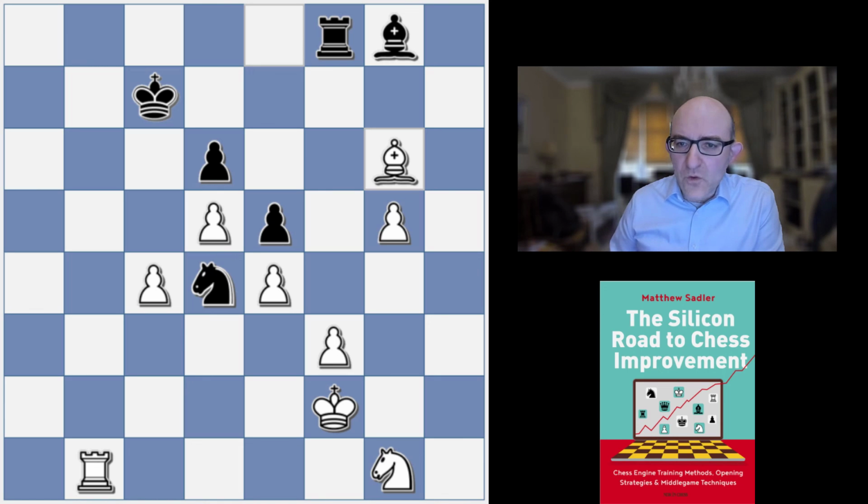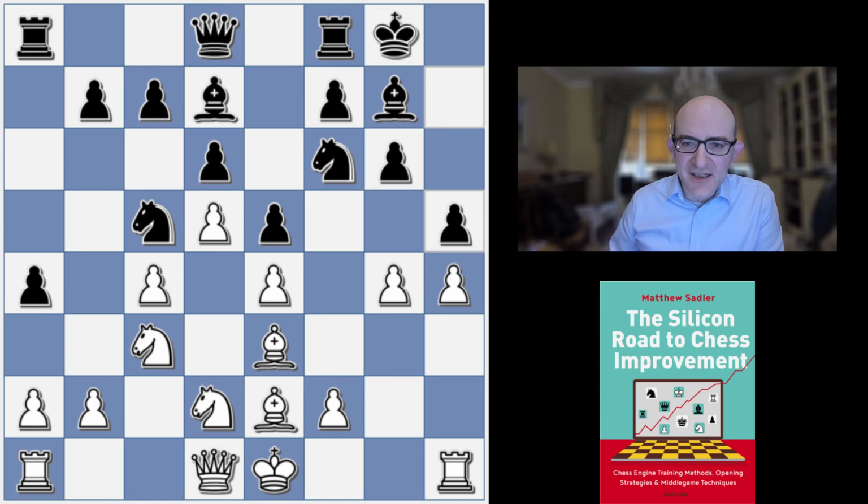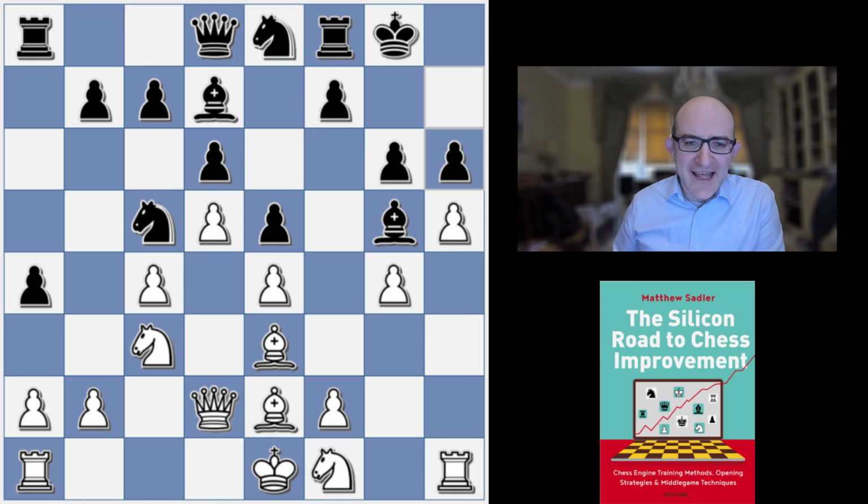I think what the engines were discovering in the opening, if you're a King's Indian player, remember this, because this is the way that you're supposed to be playing the opening. I think there's a very big strategic lesson with h6, and the idea of accepting these sorts of weaknesses and what they can mean in the endgame. And I think the point is, maybe in a human game, this game might have been drawn,